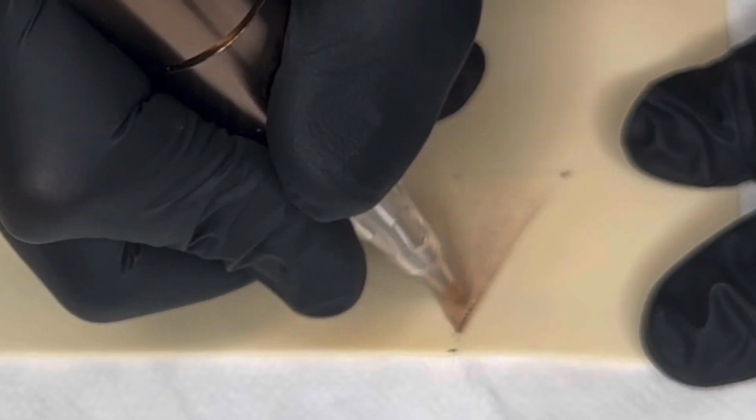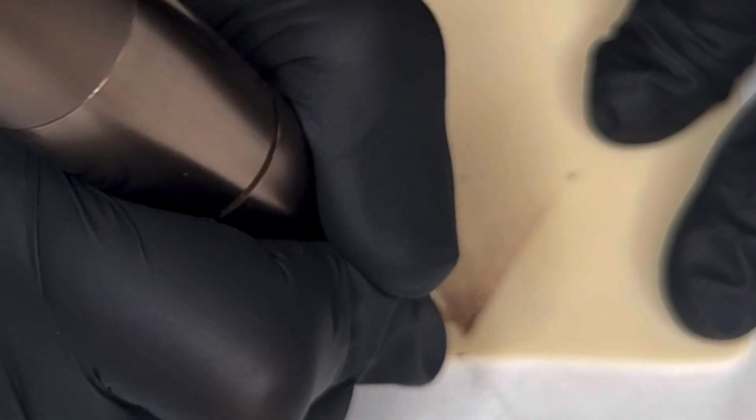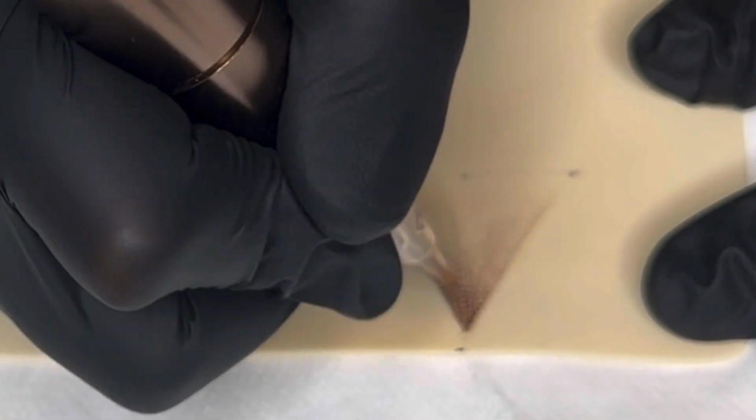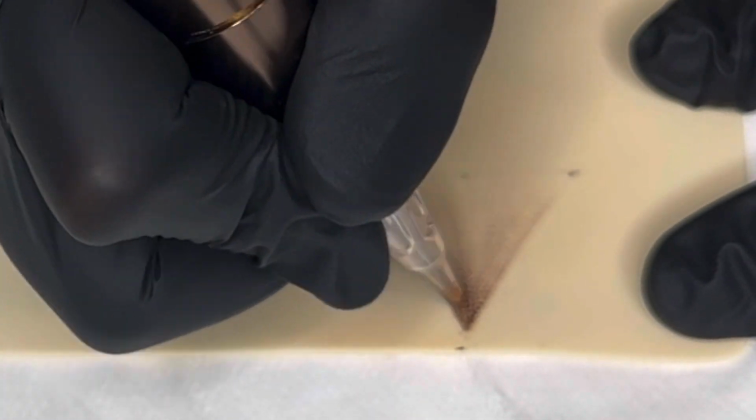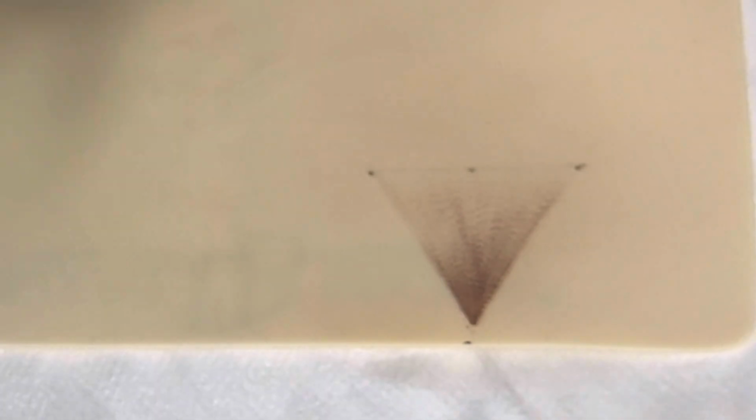So now as I work, I'm going to keep wiping as I work. So we're going to go back to the top again. I'm not going to put too much in this top because this looks quite dark. So I'm going to space out my strokes on this second pass as well. I'm not going to just do as much as I did on that first pass at the top because it doesn't need it. And then still overlapping, I'm going to start working down, but I'm going to ignore that dark patch. I don't want to work on that because it's already got plenty of